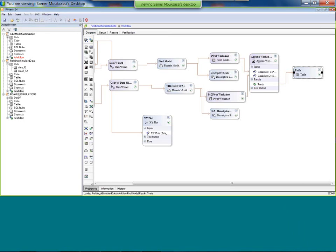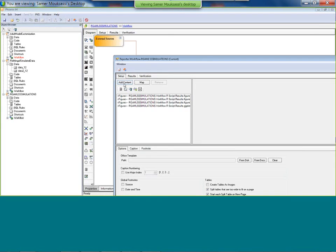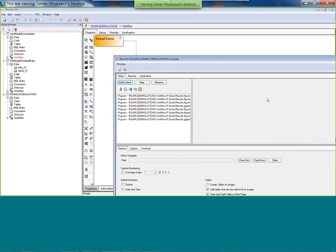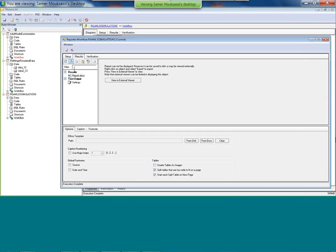So here, any object, any table you have in your workflow, you can include a reporter object. You can select, you can add context. For example, here I have some R-generated graphs. I can tell it, okay, I want these 4 figures to be incorporated. I selected these figures twice. I'll show you, once I select what content I need or I want, I can just run it. I did. And it will generate